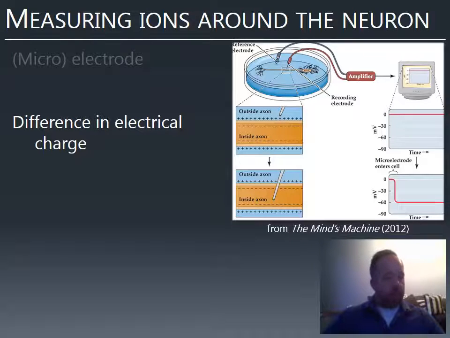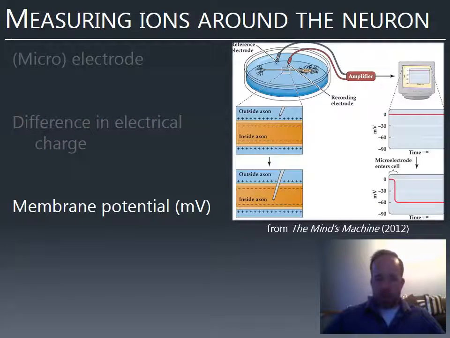So as I mentioned, you have at least sodium and potassium. There are lots of other ions around. But if you add up all the positive and negative charges outside, and then you add up all the positive and negative charges inside, you can measure the difference in charge. And that's described in volts, just like the volts on a battery. A battery is described in volts because that's a measure of the difference between the two ends of the battery. So here, a volt relative to a neuron is a lot of charge. So they tend to be measured in millivolts, so thousandths of a volt.